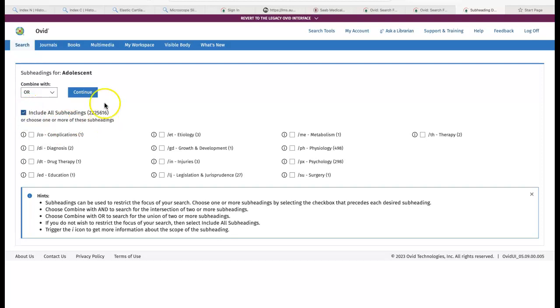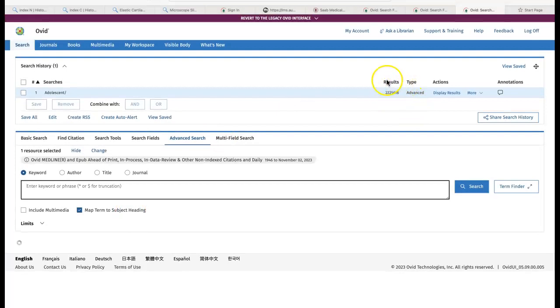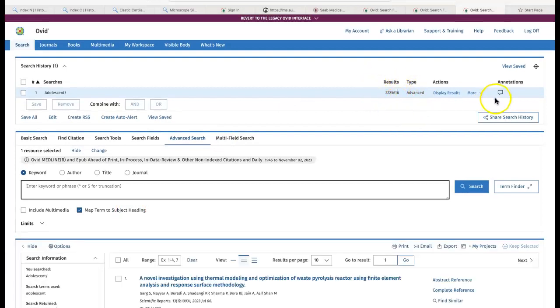For now, we're going to include all of them because I'm going to be incorporating therapy as a limit when I finish my Medline search. Press continue, and here it's going to be showing us the results, and to display the results, you press right over here. Moving to PICO element number 2, which is the first treatment, the cognitive